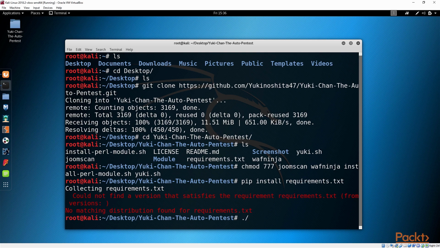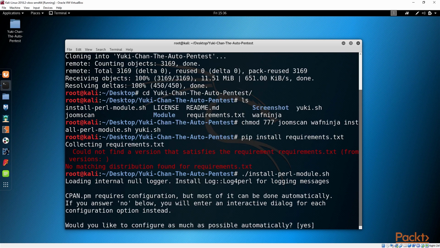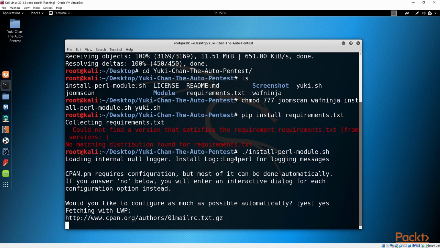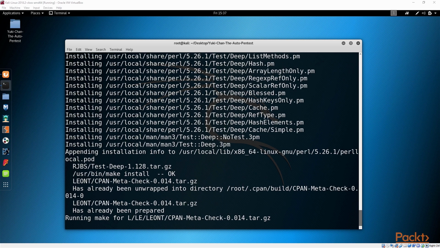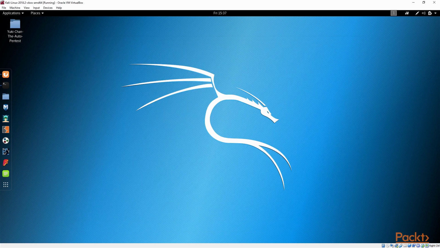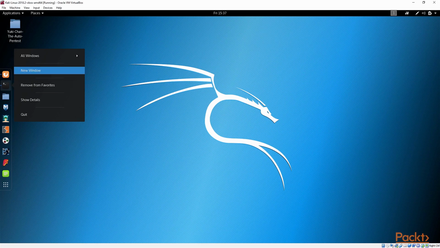Now from here, you are going to say ./ because that is the way we install stuff or run stuff. You are going to say in and tab to install this module. From here, you're just going to type yes, and guys, this is going to be an immensely long install. While it's busy installing, I'm going to minimize this, and I'm just going to go and open up a new